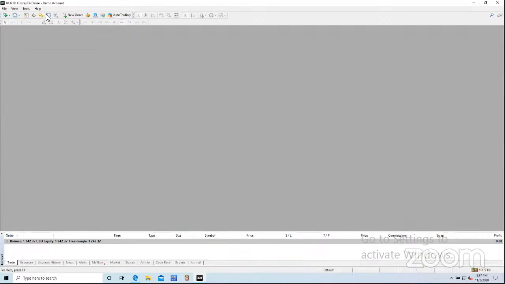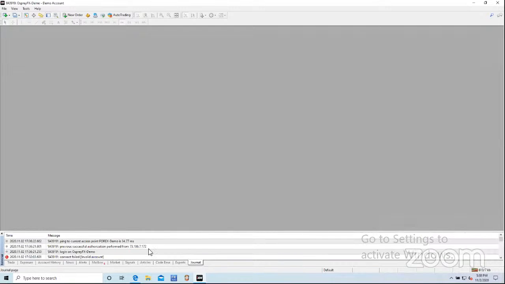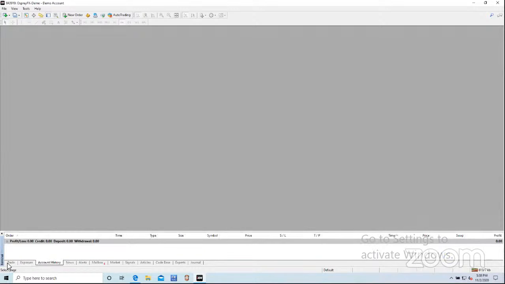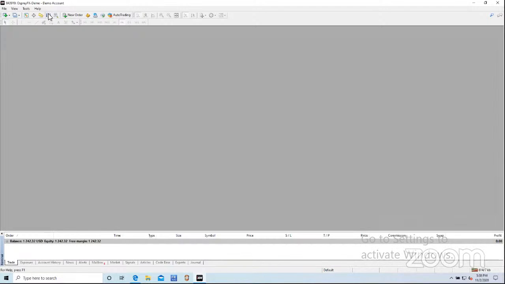This terminal box can be open and closed right here. And this will let you see your current trades, if you're in any, your exposure, your account history. Those are the main 3 that you're going to use. The rest of these, you may use the alerts. You may use the journal. This kind of just tells you the connection status. But the main 3 you're going to use is trade, exposure, and account history, with the main thing that you're going to use is trade. And this little terminal icon will let you open and close this, right? So